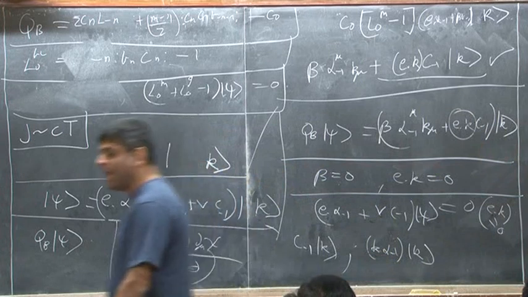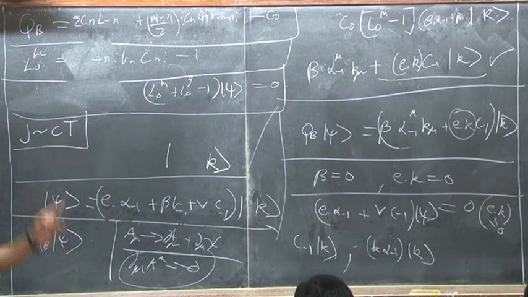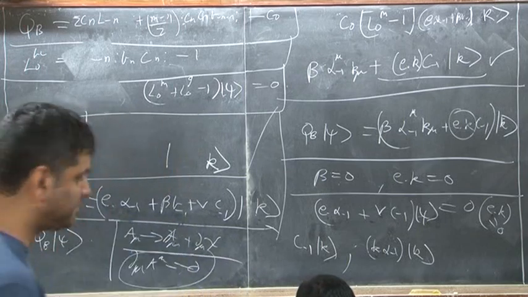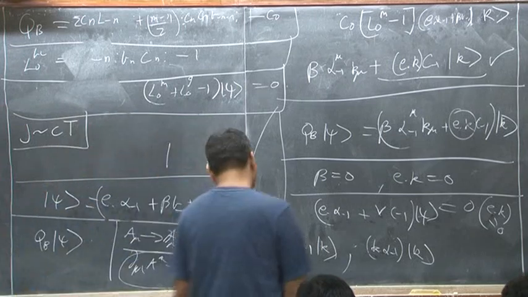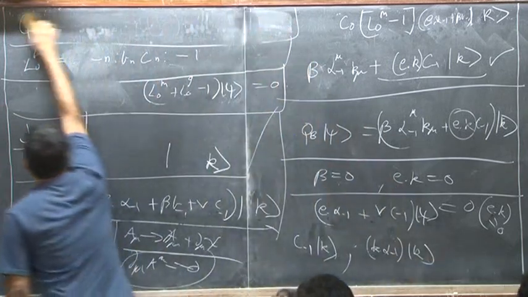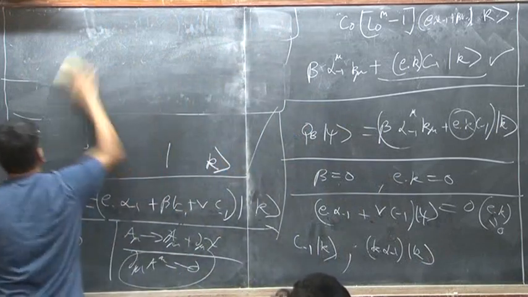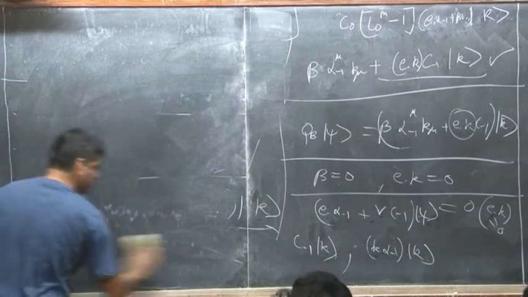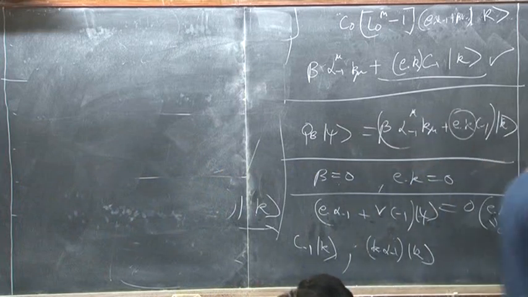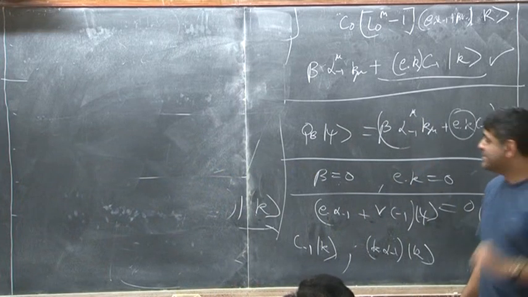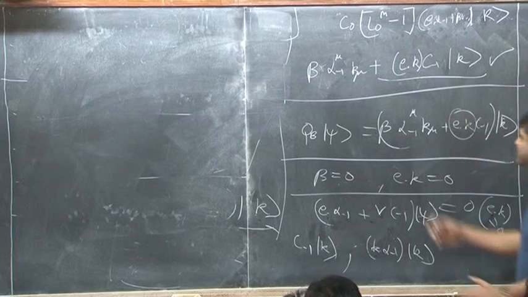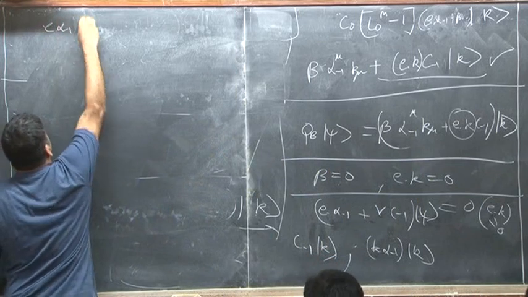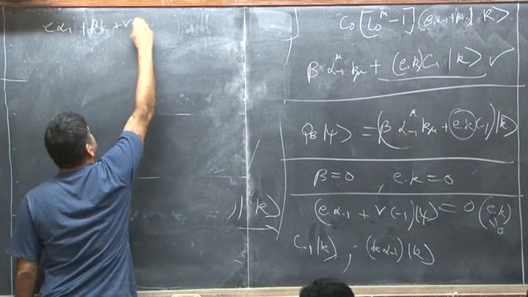Okay? Great. Now, before proceeding to the general argument, there's one thing I wanted to help you understand. That's the inner product of the space of states. Okay, so let's look at the inner product on the space of general states. Suppose we have E dot alpha minus 1 plus beta B plus gamma C